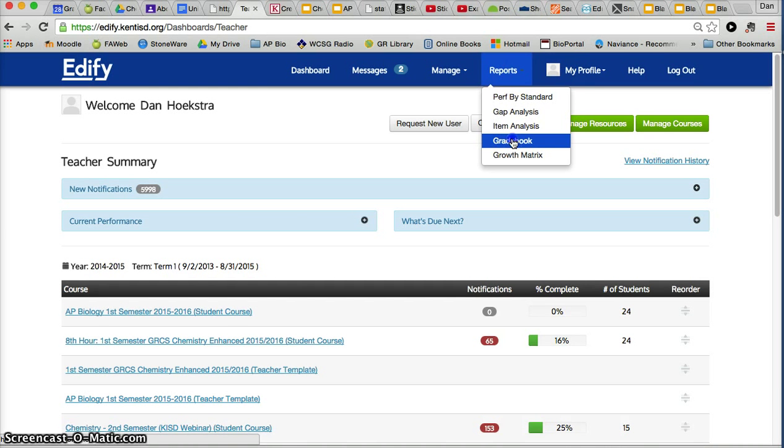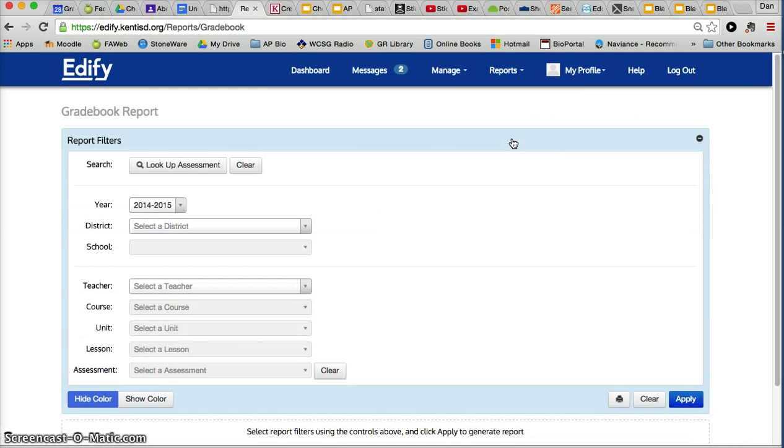And so there we go. I'm going to click Gradebook and it pops you up to this page. Now there's a couple different ways you could, if you know the exact name, and we probably do because it's probably like lesson 1.1 something or other, we could actually just try to type in a keyword, but you do have to be pretty specific on that. Don't worry about this year because you can't select anything else right now, but you could go into Grand Rapids